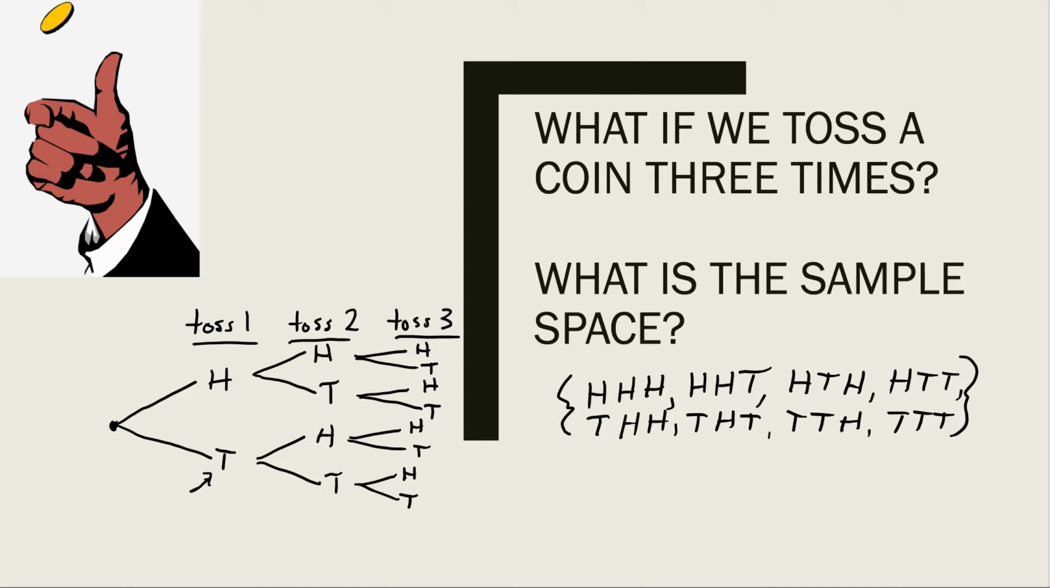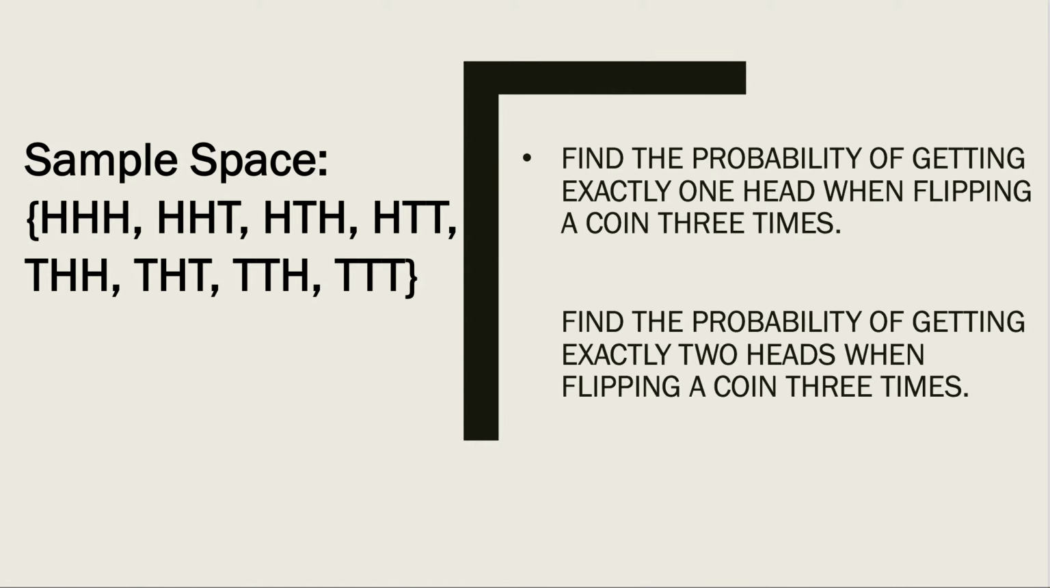Okay, keep in mind that you need to be able to list out the sample space if you're going to work a probability problem where you're tossing 3 coins. So you want to practice this so that you're able to list out these possible outcomes. All right, so now that we have our sample space, let's go ahead and look at our probability problems. So again, I've transferred the sample space to the new screen just so that we can see it a little bit easier. And our first problem says, find the probability of getting exactly 1 head when flipping a coin 3